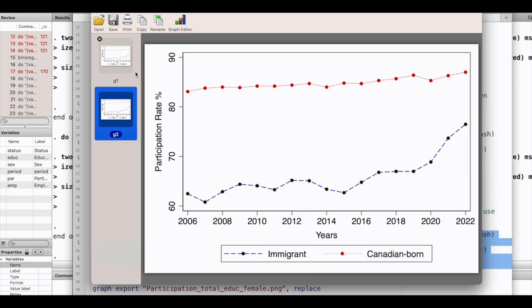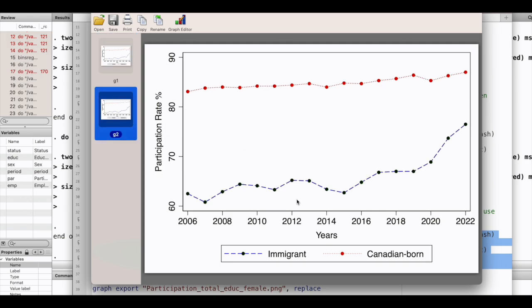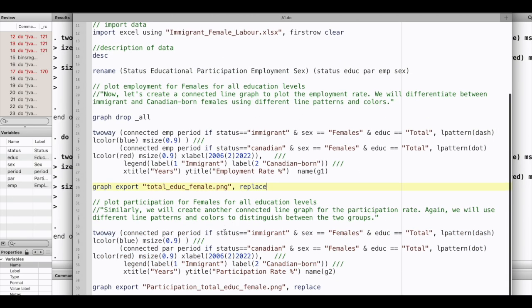the graph generates, and now we can see we have this G1 and G2. So these are the names that are assigned in the graph memory in Stata. So we can use these names to call the different graphs that we create and also export and save them. Anyway, so here is our graph for participation rate. The slope is much stronger, much more quickly rising compared to that of employment rates when we compare female immigrants versus Canadian-born females. So this is how we can create a nice clean publication quality graph,